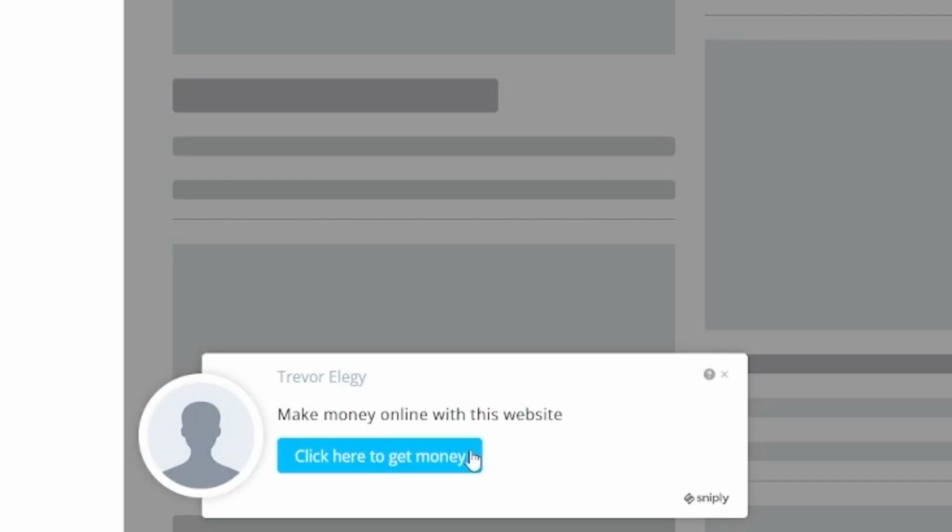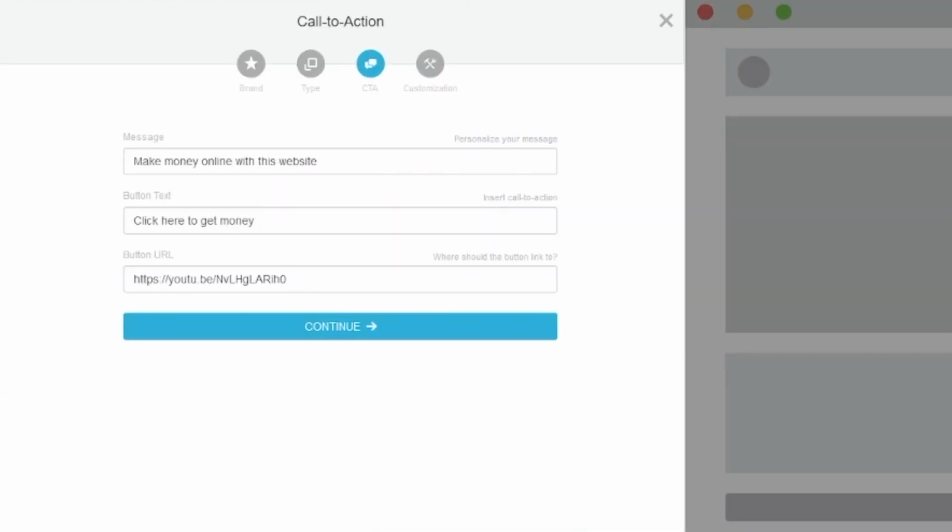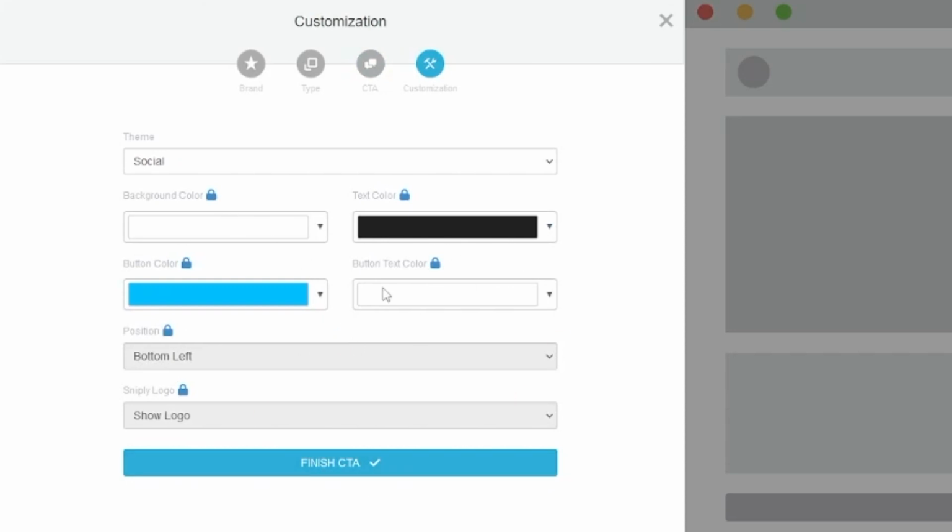So whenever someone lands on such a video, they will watch the video and they will get a call to action in this box over here. Now you just have to set this up some more. You can click on continue, and then you can change the color, or change the theme. You can make this to your liking. You can see that it can cover the whole page at the bottom, or it can go by the side, or it can be like a pop-up window, however you like it. There's a lot of options here. Sniply is versatile, and that's why it is so good.